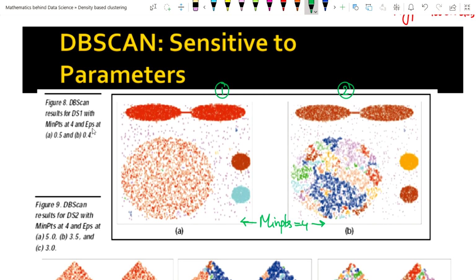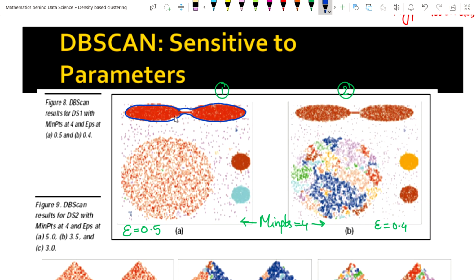But the main change they make here is the epsilon value. In this picture epsilon is 0.5, and here epsilon is 0.4. Just a small change of the epsilon value. See how much the clusters have changed dramatically. With epsilon equal to 0.4, it does the job better. So this separates it. This one is a single cluster, it's okay.